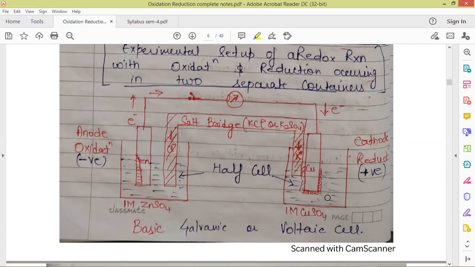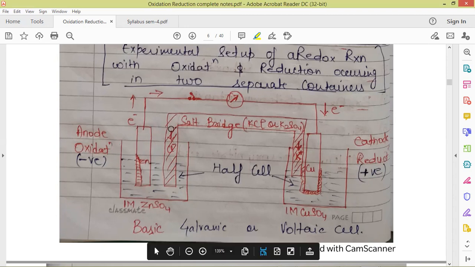This is the zinc electrode and this is the copper electrode. Zinc is dipped in a 1 molar solution of zinc sulfate, and here copper is dipped in the 1 molar concentration solution of copper sulfate. When the reaction starts, this is a salt bridge which is filled with KCl or K2SO4. This is the half reaction, and this is the other half reaction. Salt bridge keeps the reaction going. The role of salt bridge is to avoid the saturation. There is an electron flow from the zinc to the copper terminal, and the current flows in the opposite direction of the electron flow.